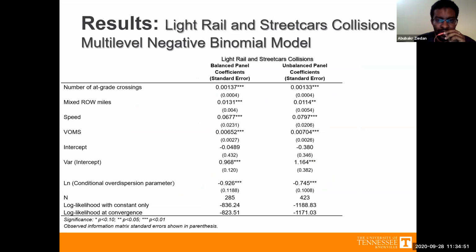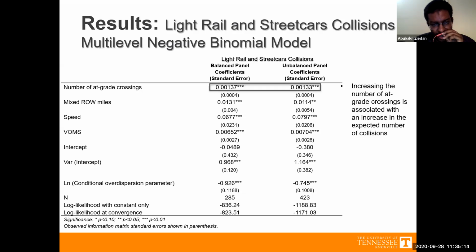Here are the results of the multi-level negative binomial regression, and we estimated models for the balanced and the unbalanced panel data, as I said, to see if there are any differences between the new systems compared to the old systems. And as we can see from this table, the number of at-grade crossings is a significant positive predictor of the number of collisions, which indicates that a higher number of at-grade crossings is associated with a higher number of